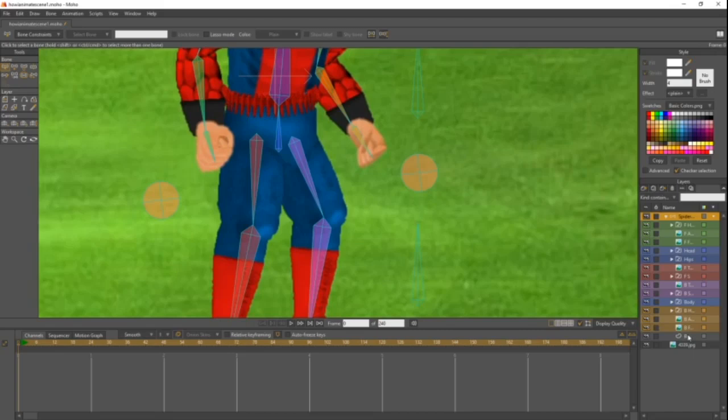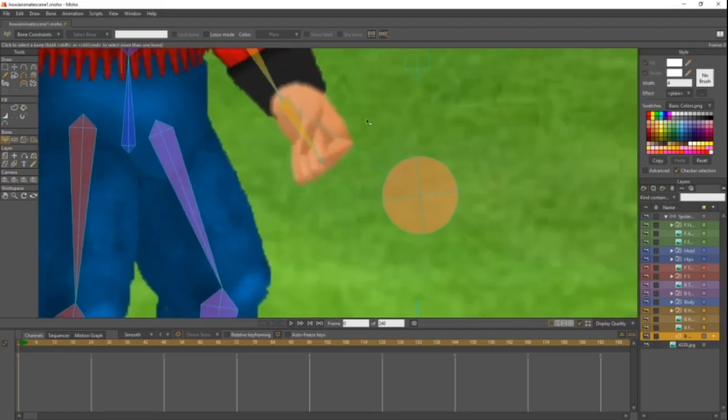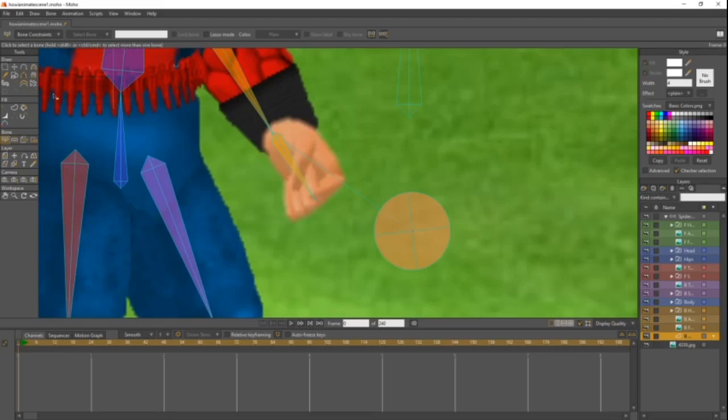But yeah, so now we're gonna come back here to the back web layer that we made. And oh yeah, we already made this line. So make sure you have this line that we just made. And we're gonna come over here to the create shape tool over on the left. You're gonna want to make sure that's selected, and you're gonna click on this line that we created, and it should highlight red. And once it's highlighted red, you're gonna come up here to create shape and click create shape, and it should make a white line, or for you it may be black,